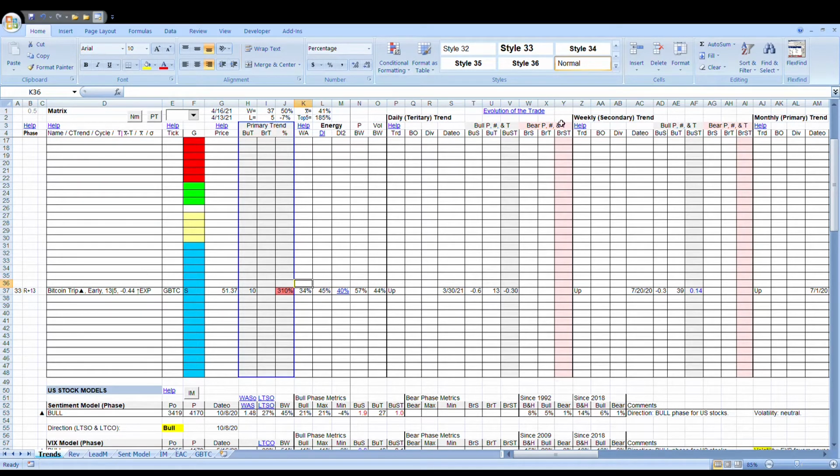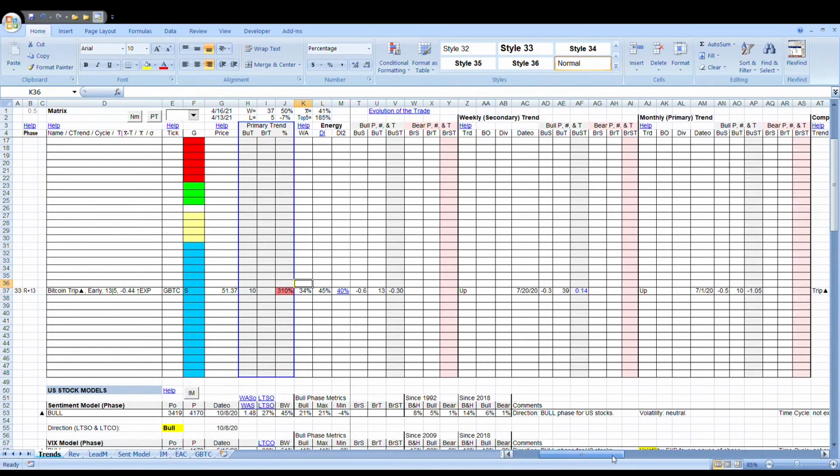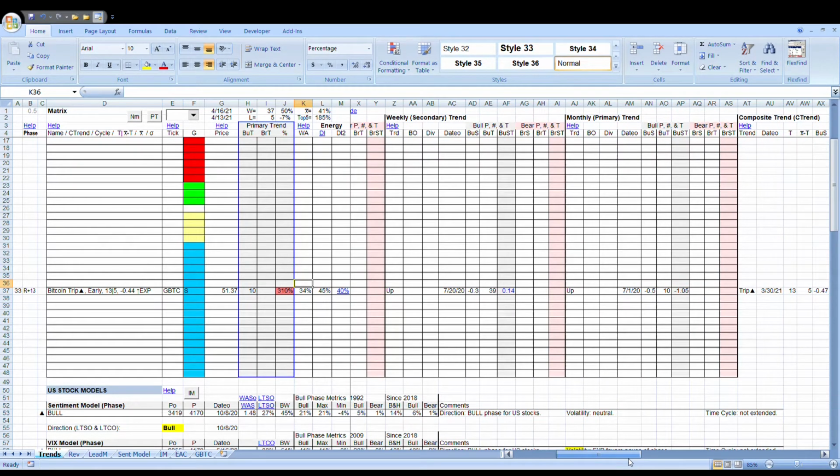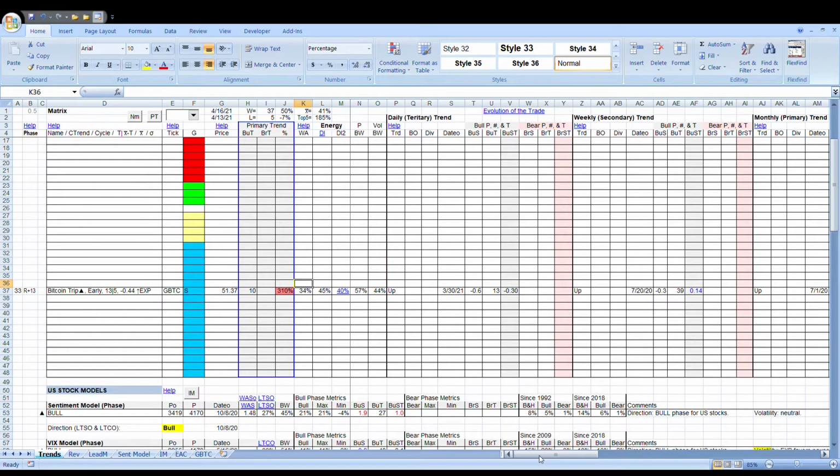The evolution of the trade, which is a trading discipline, is really designed so that you keep your emotions out of it. You really should have a blank white screen as your profile picture because you want to be acting professional and not emotionally driven. The evolution of the trade is designed to keep emotion out and keep you focused on the three time frames. Right now the three time frames are up. That's why we have triple up. It's still early. Everything's looking good.